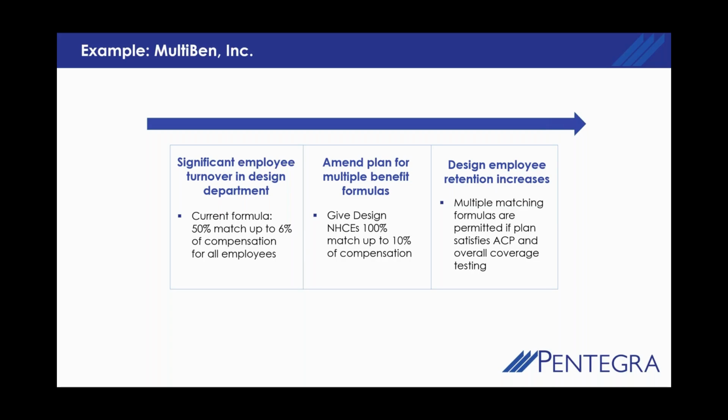So we could put multiple benefit formulas in here where we give some employees that we choose a 100% match up to 10% compensation, for example. And maybe by doing that, we're able to increase our employee retention because now they have a very generous program that they get rewarded for being around. It helps our ACP test because we've raised the averages. So it's helping our overall testing. And it's become a way for this employer to reward a select group of employees.